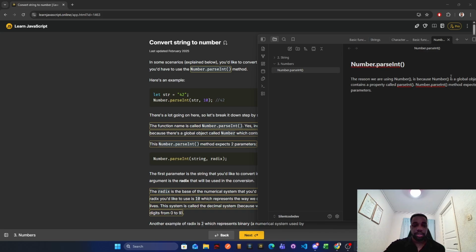So we can just do this and say Number.parseInt, string. So the first parameter is this string that you would like to convert into a number,